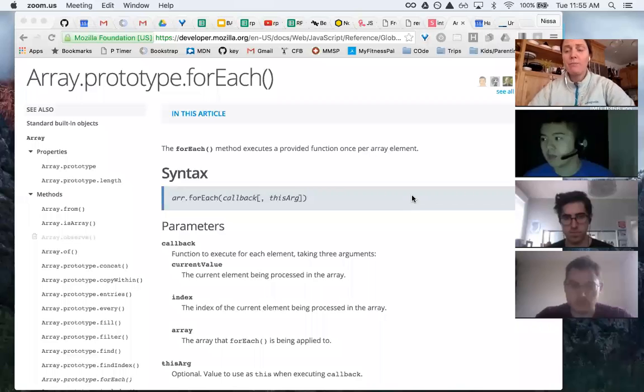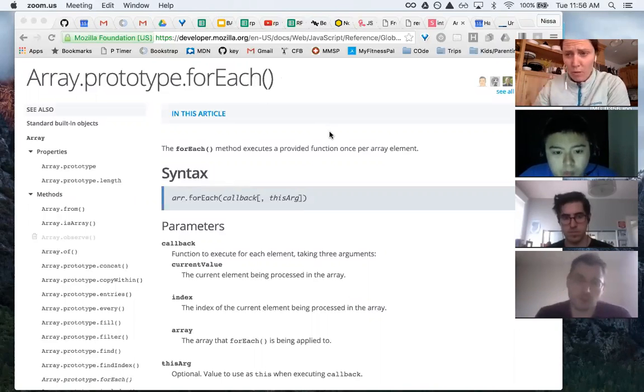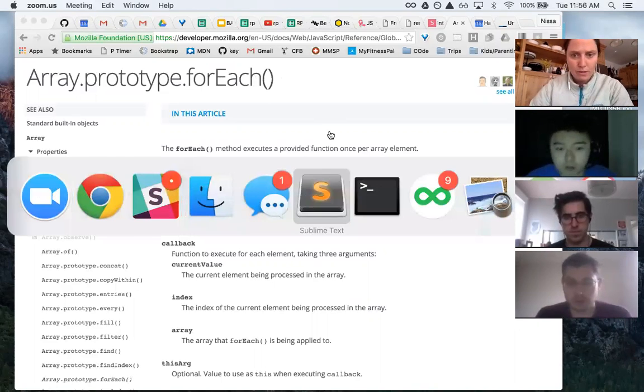Okay, so forEach. forEach is a function. It's technically going to be a method on the array prototype, which means every array that we create is going to have access to this forEach method natively. We don't have to write out what forEach does. As soon as we create an array, for instance, here in Node, terminal,